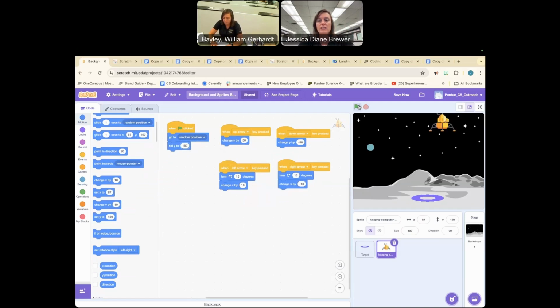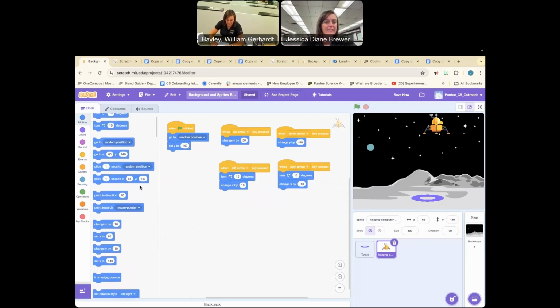So he's always going to be way up there at the top. Does that make sense, everybody? Right now, he's just jumping all over the place at 140 as soon as we start. And then after he's there,